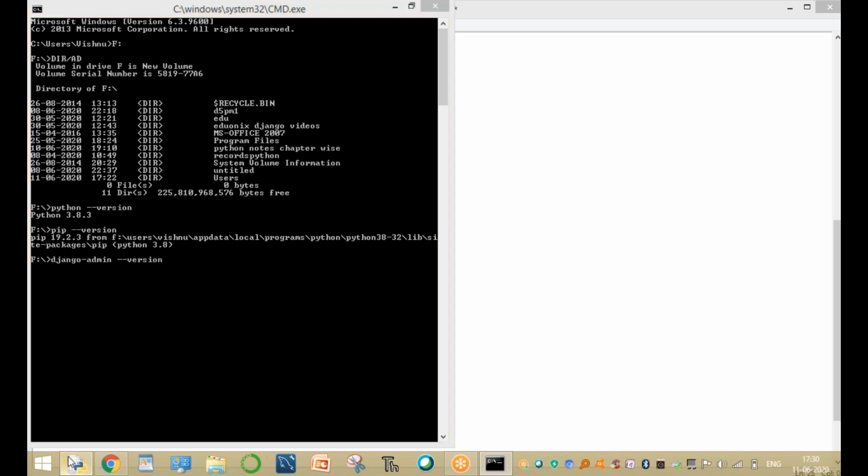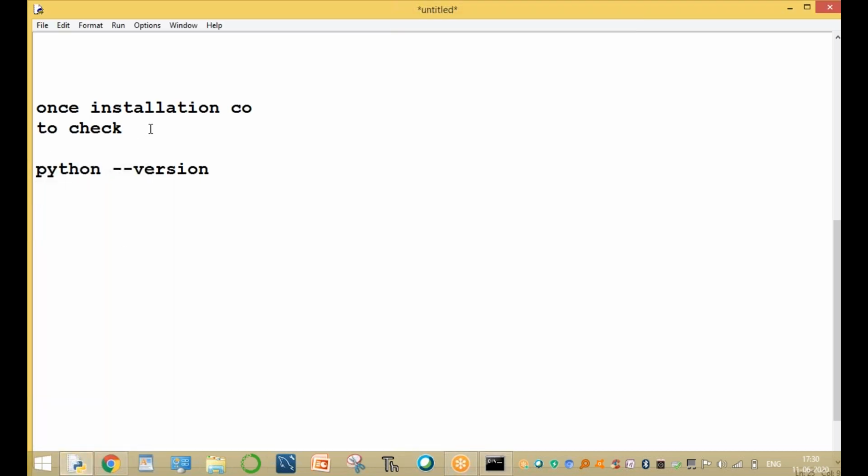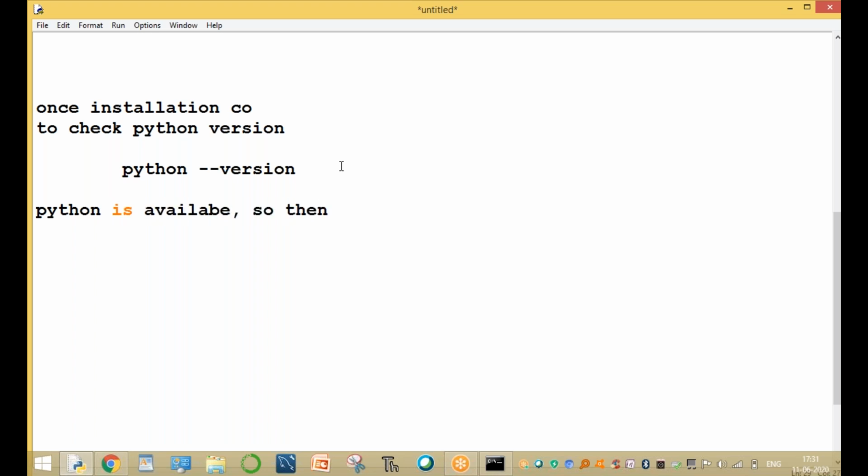Once installation is completed, check the Python version. What is the command to check the Python version? The command is python hyphen version. Python is available. Then check whether pip is available or not: pip hyphen version.